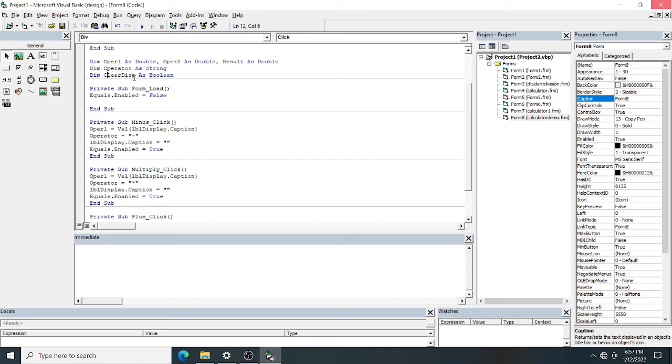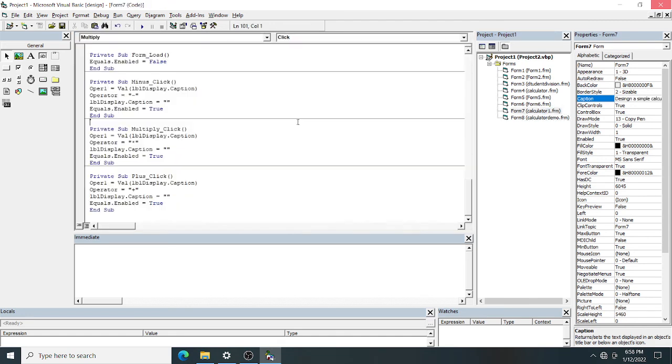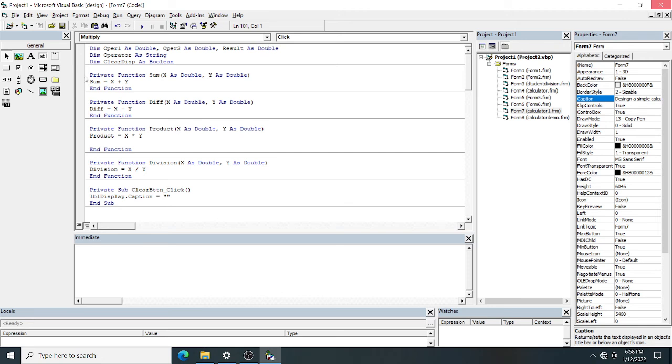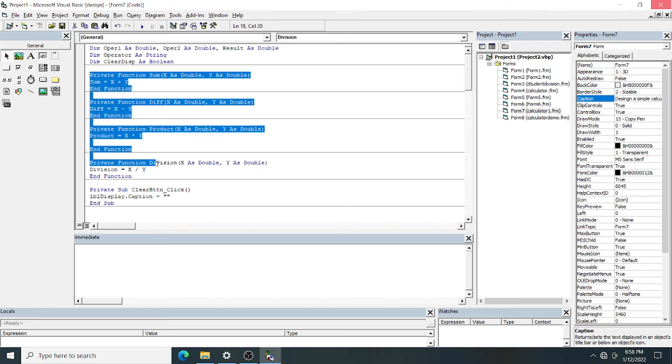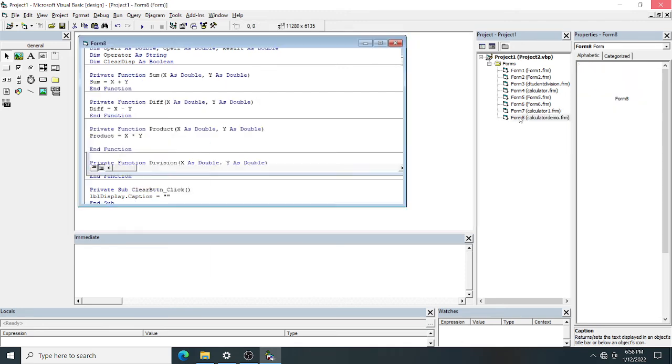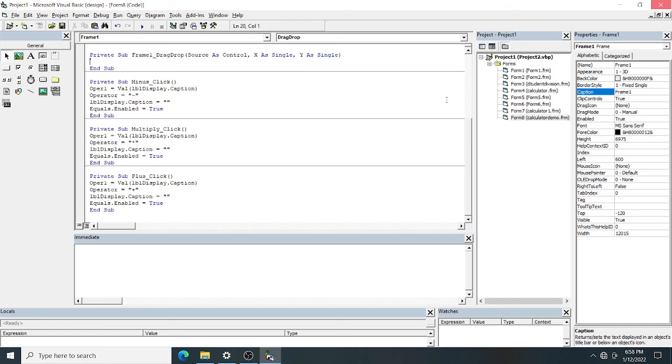Value will be true or false, whether to clear it or not to clear it, we are using this one. So here what is the function for doing addition, subtraction, multiplication? I can go here, you can see these are the functions, and the same type of function you have to do, only copy paste. I am doing only copy paste because I want to show you how you should execute the project